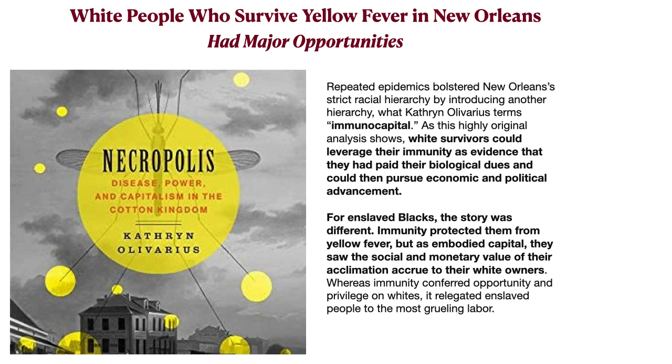Oliverius also notes that for enslaved blacks, the story was different. Immunity protected them from yellow fever, but as embodied capital-owned people, in other words, they saw the social and monetary value of their acclimation accrue to their white owners. Yes, indeed. So anyway, that's all I have on this topic, but it's an important issue about both the depopulation